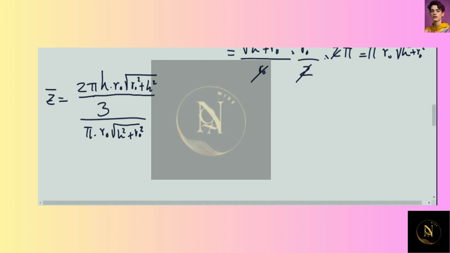But this number is equal to that number divided by 1, and dividing fractions is the same as this multiplied by that, divided by this multiplied by that, so that becomes 2 pi H R naught the square root